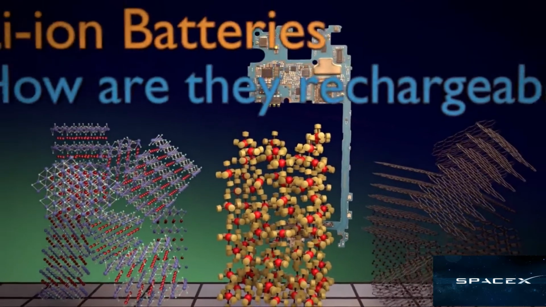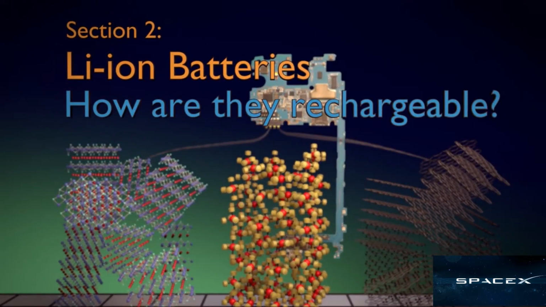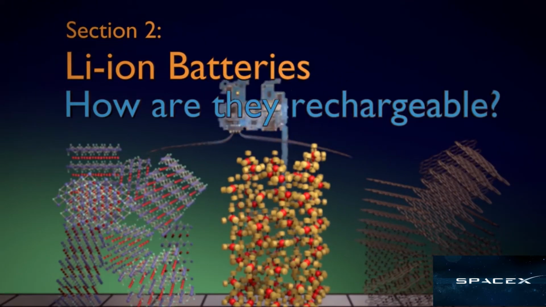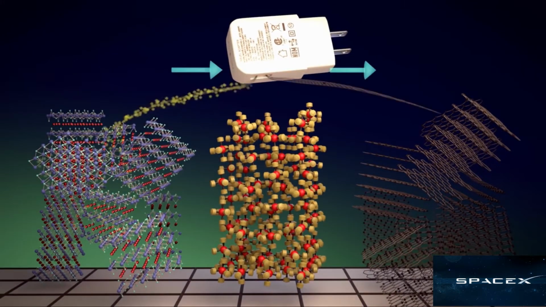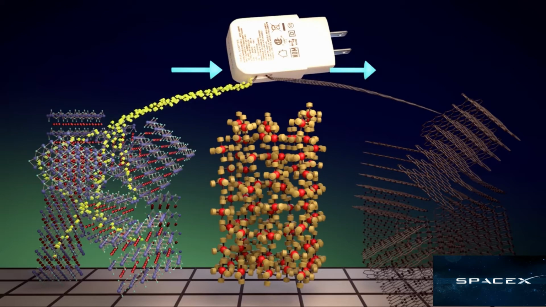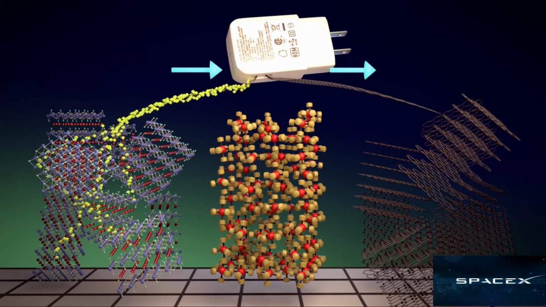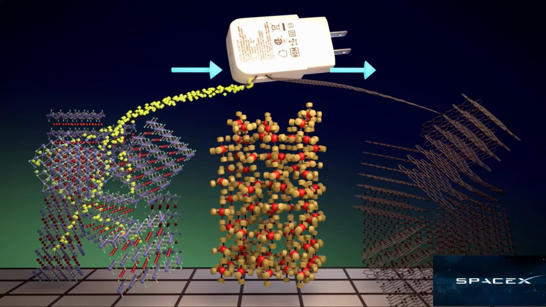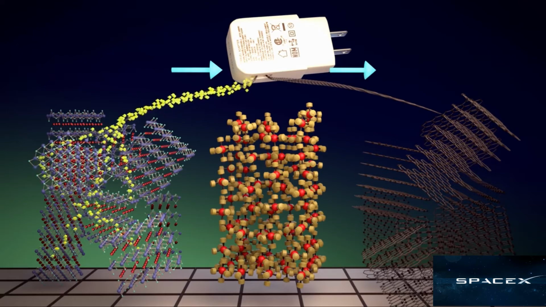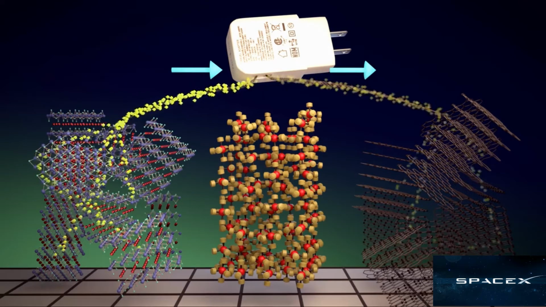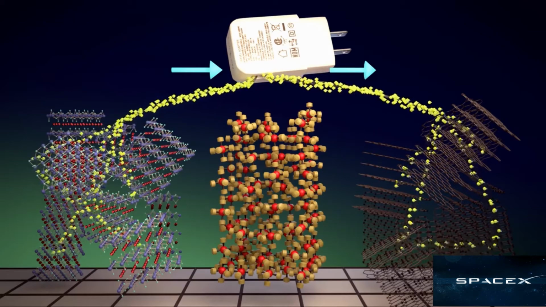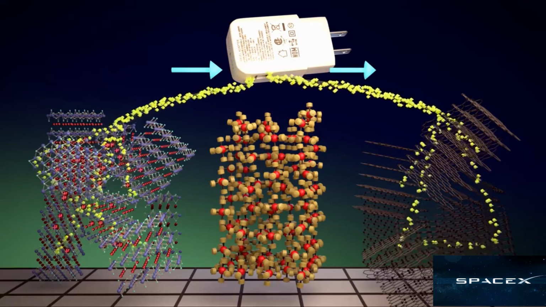Now that the battery is empty, let's recharge it. We plug in our smartphone, and when we do this, the USB charger applies a higher force on a flow of electrons in the opposite direction. Electrons are pulled out of the cobalt, thus returning cobalt to its +4 state and kicking out the lithium ions. On the other side, electrons are forced onto the graphite, which pulls the lithium through the electrolyte and back into